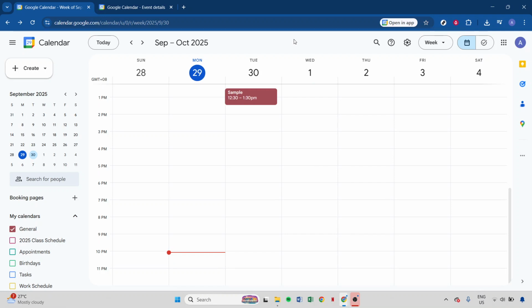So, let's get started. First, you need to open Google Calendar on your desktop or mobile device. If you already have an event created, navigate to that event. You can either click on the existing event, or if you're starting from scratch, click on the Create button to